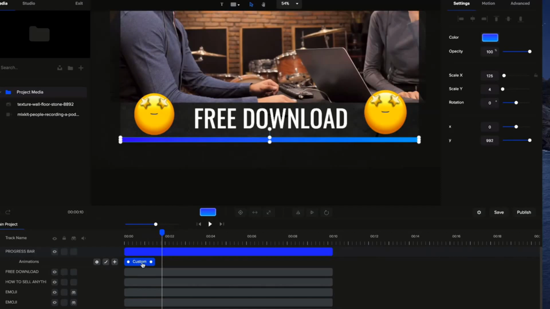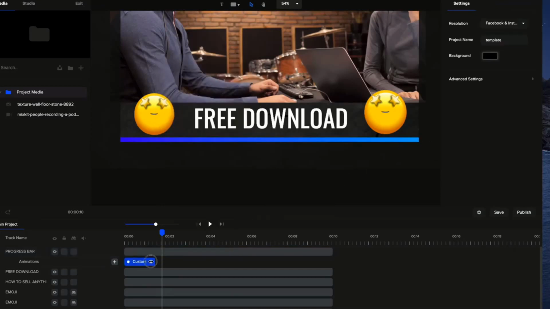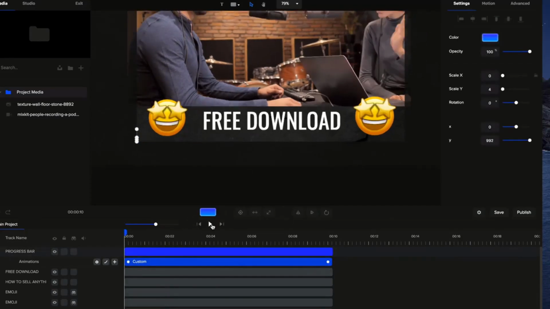So what we're going to do is basically adjust the duration and the easing. So if I right click on this animation and go to easing, we want to make sure that it's linked to both and linear, so that it just goes in one fluid motion. So there's no fast burst and then it goes slow and fast, but we want it to just go one separate speed. Okay, so linear does that, and you want to make it on both the in animation and the out animation. And then all you need to do is just drag this out to the duration of your video. And if I just go ahead and preview from the start,